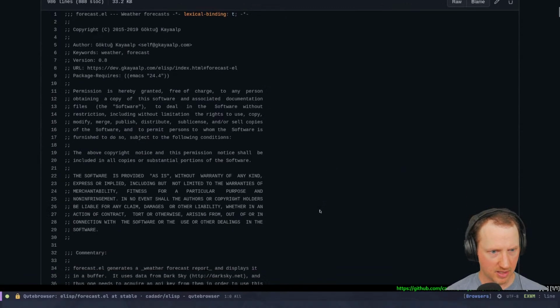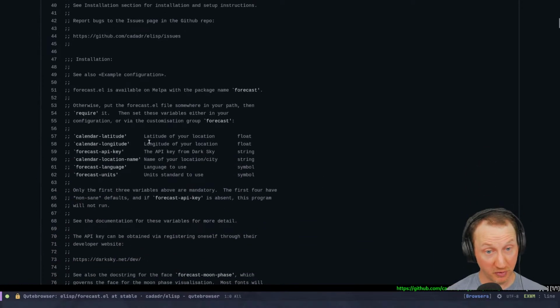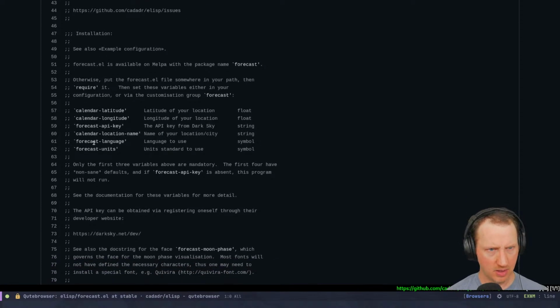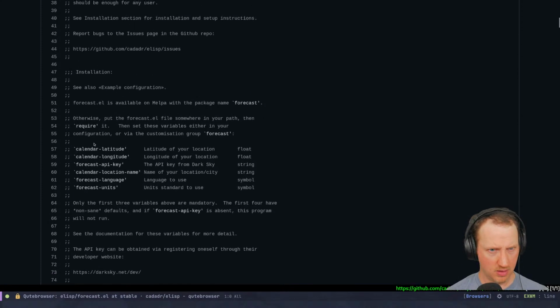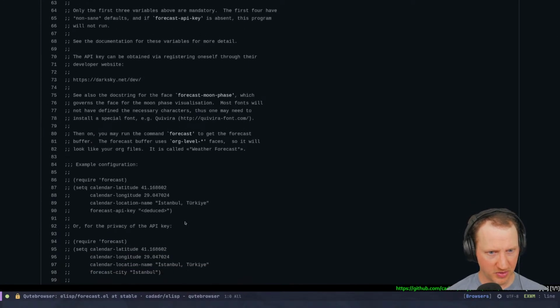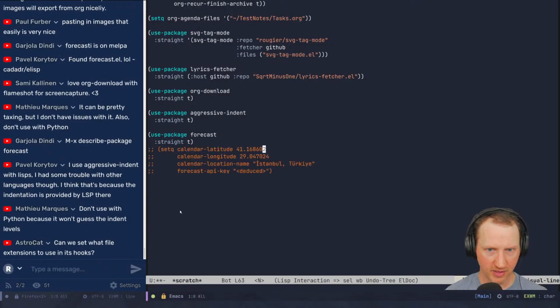And how do you set that? Oh, it's pulling from the actual calendar variables inside of Emacs. Location name. Okay, well, here, let's use this because I'm not going to bother going and finding my own stuff. We're going to say that we're in Turkey right now, which is fine. We're all in Istanbul.